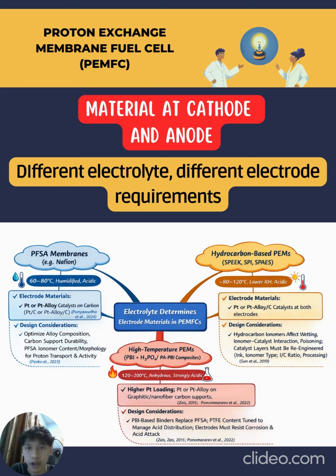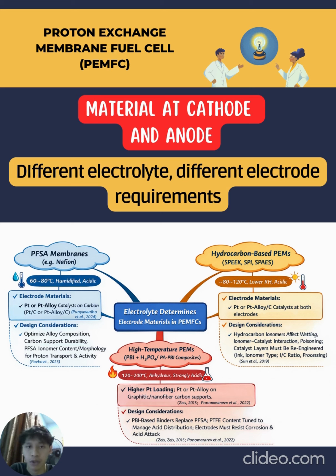Next, the second electrolyte is the hydrocarbon-based proton exchange membranes, including sulfonated poly and sulfonated polyimide. The operating temperature in this kind of electrolyte is generally higher, around 80 to 120 degrees Celsius, and often at lower relative humidity compared to the PFSA systems. Although the same platinum or platinum alloy carbon catalysts are typically employed, the different chemical nature of the hydrocarbon ionomer significantly affects catalyst layer wetting behavior and